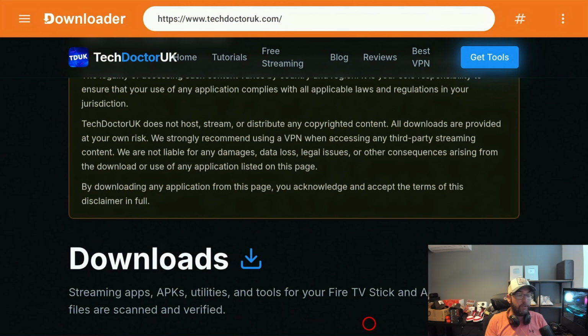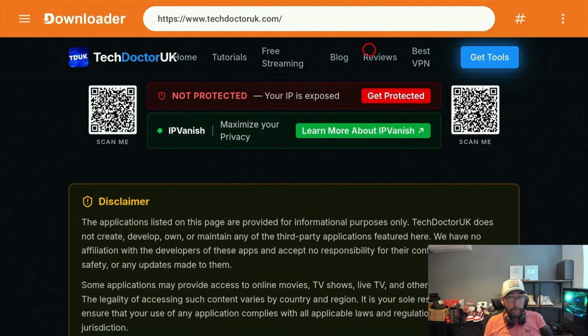But go down. I'm not going to go too far because I don't want to show any apps, which obviously I may not be able to show in certain countries, so I won't show them. But go down, click them, and they are as simple as click and download. No adverts, nothing to worry about, nice and easy to use. Okay, next up,